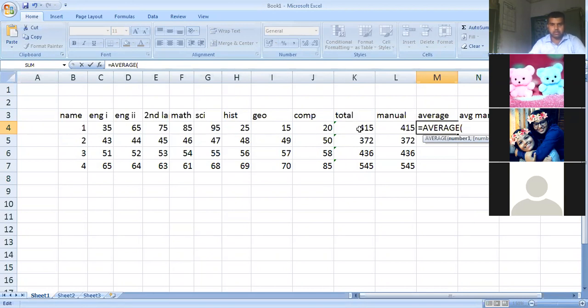So what address should I enter? This is K4. K4, and colon, how many subjects are there? 1, 2, 3, 4, 5, 6, 7, 8. 8 subjects. So 8. And I close the bracket and press enter.